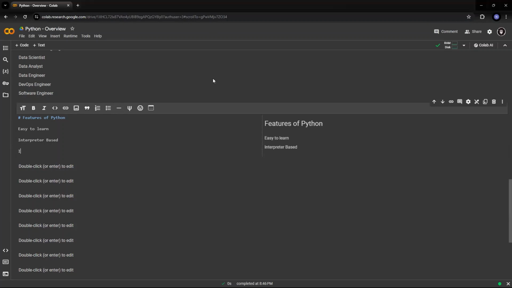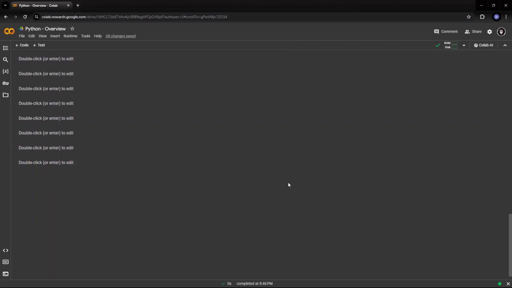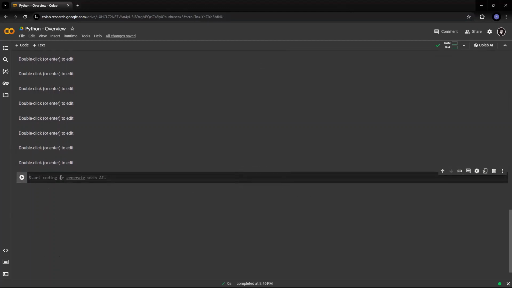Next, it is a very interactive language. Why do I say interactive? Because the standard Python distribution comes with an interactive shell that works on the principle of REPL, which is read, evaluate, print, and loop. The shell presents a Python prompt. As we see here, if I go down and try to put in code, this is the Python prompt. And if I try to type in print hello world,